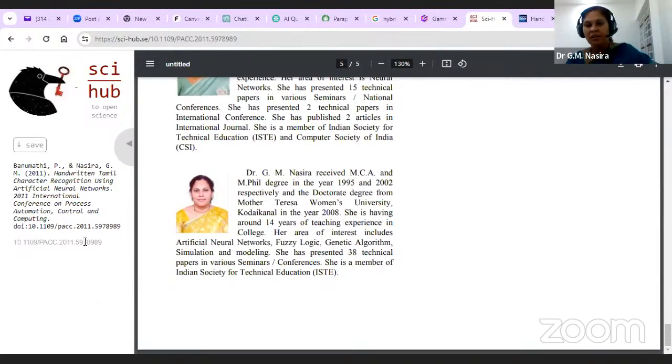For all the IEEE papers and all the Elsevier papers, we don't get the full paper unless, of course, we are a paid author or subscriber. But during our research, we may require full papers for most of us. So you can make use of this SciHub. That's one thing which I've been using for a long time.